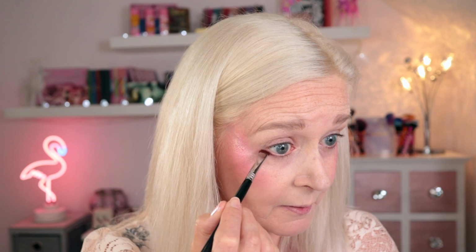So the shade I want to go with first is Handbag Queen and then Beauty Killer, and I'm also going to use Diva as well, so I really want to keep it in that raspberry kind of tone. And then I'm probably going to put that shimmer, so Candy Cathedral, on my lid. So starting with Handbag Queen, I'm going to start on my lower lash line